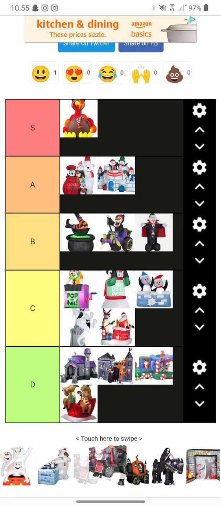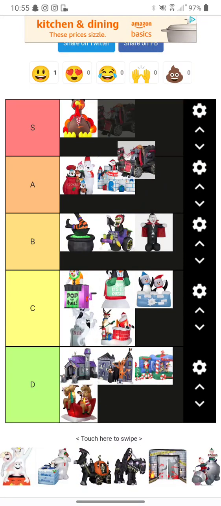Oh boy, if no one knows this about me, that carriage, in my opinion, is one of the best classic design ones. If you're looking for newer ones, one of the best ones is either the one from Lowe's from 2017. I think that's even on the list. And the one from Walmart, I think